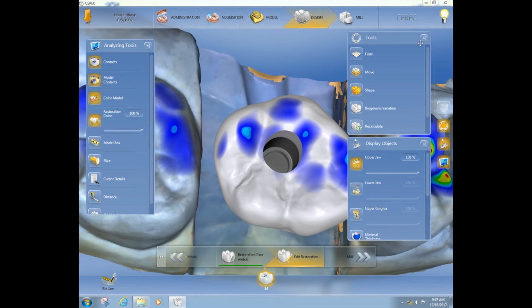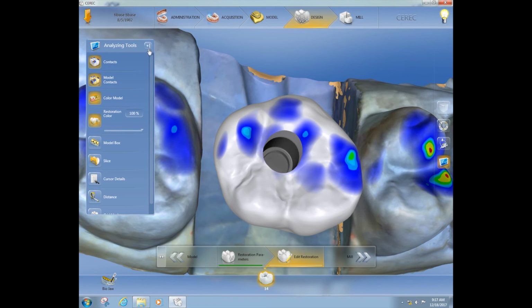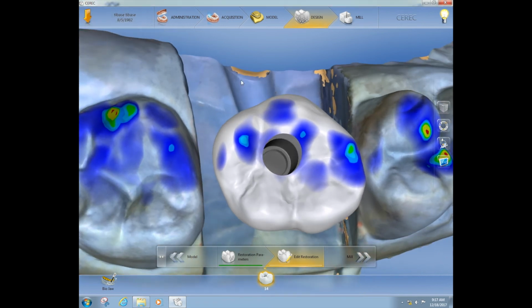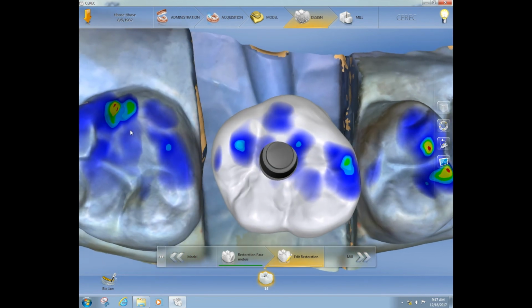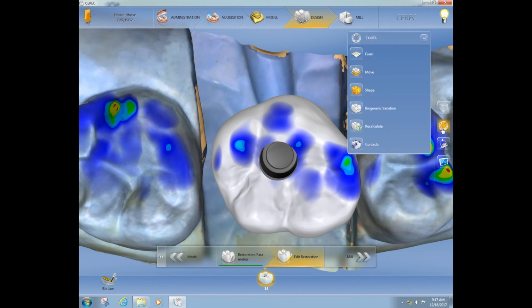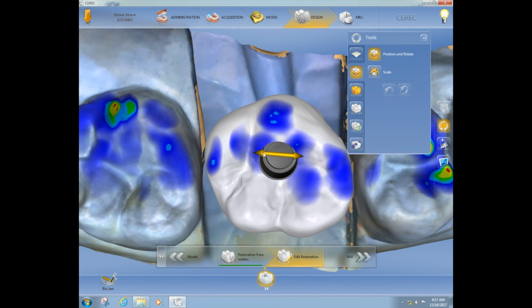So this proposal is kind of way off. I'm just going to close everything off to show you. It wasn't really pretty, and there's a couple of ways you can do this, either with our different palettes or a different segment, but I'm going to go ahead and just use some tools. What I'm going to do is line it more to the center. I'm going to use the move tool right now, just kind of center it, and then